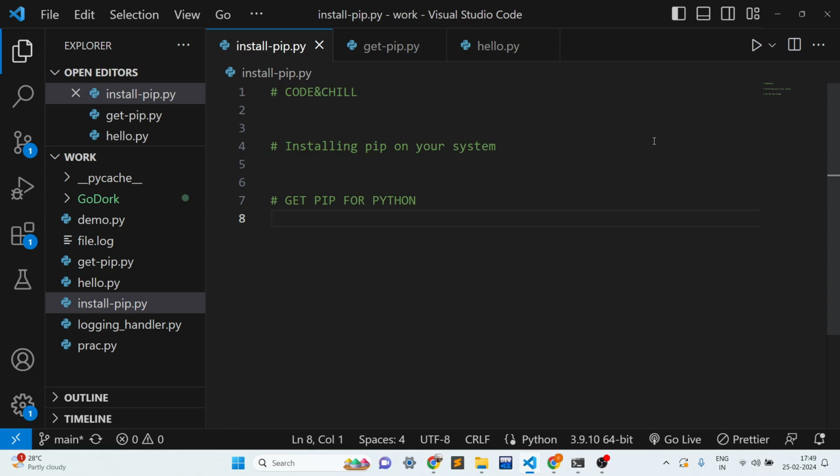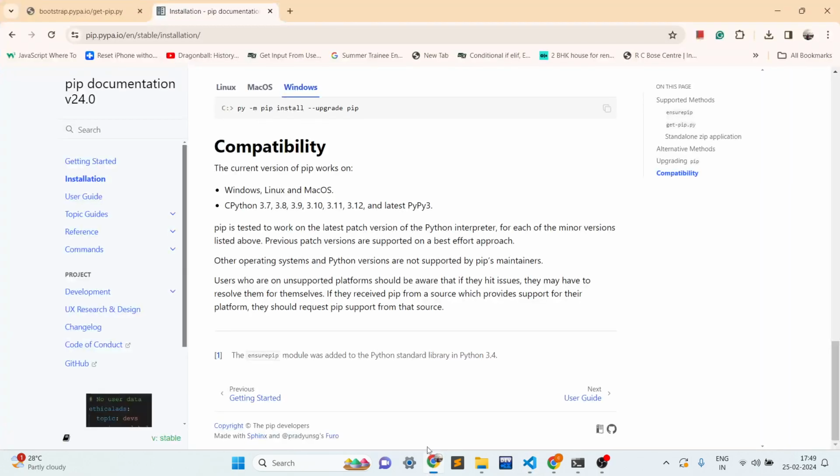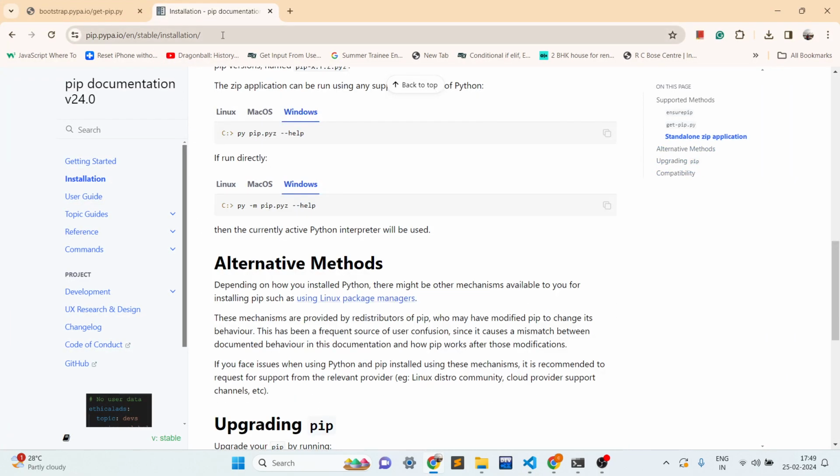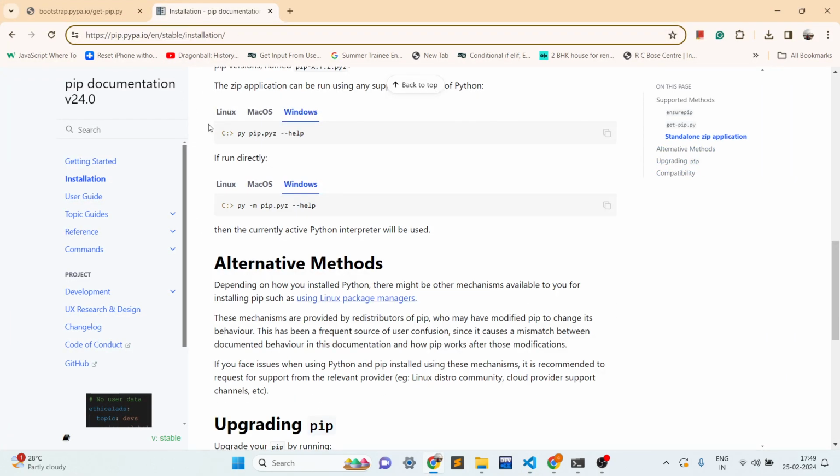There can be various reasons you don't have pip already installed, or you may have a broken pip. So I will share with you a quick tip and process which can help you to install pip on your system. Let us go over to Chrome, and I already have the official website of the pip